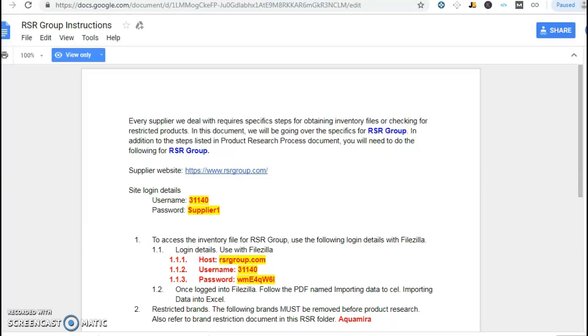So let's start. Before researching a product, we need a supplier inventory file or product data feed. To get that file, we have to know how to get it from each supplier. There are three ways to get that file from each supplier. So here we can explain